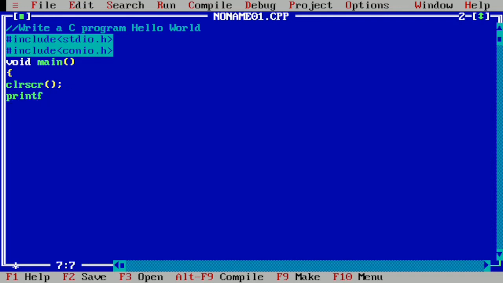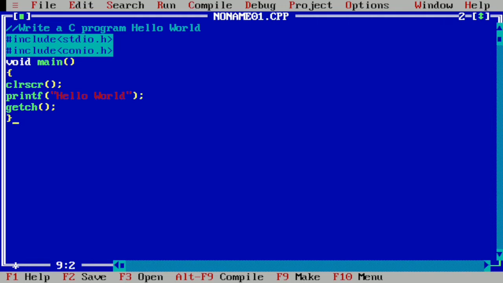Now we'll write printf, and here we want to display hello world. So in double quotation marks we are going to write hello world and put a semicolon over here, and then we'll write getch semicolon and the curly closing brace.